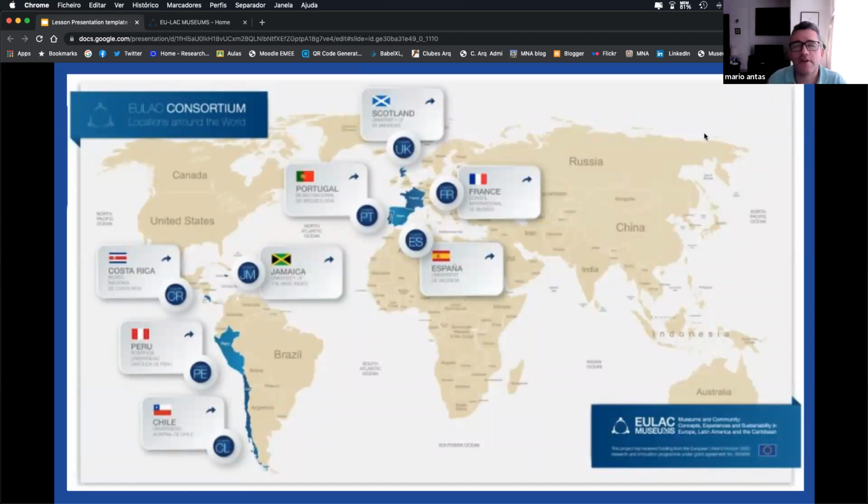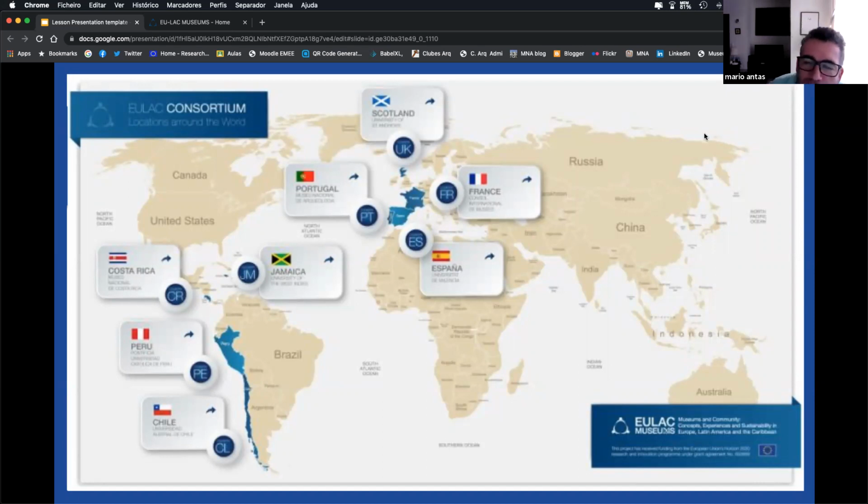It was financed by the European Union, and this project brought together institutions, universities and museums from Europe: University of St. Andrews in Scotland, ICOM in France, University of Valencia in Spain, the National Museum of Archaeology in Portugal, the University of West Indies in Jamaica and Barbados, and the National Museum of History in Costa Rica, and the Pontificia Catholic University in Peru, and the University of Chile, or the University Austral of Chile. So this consortium and